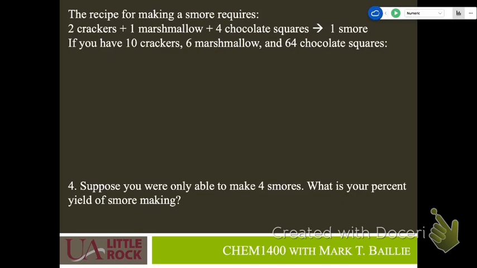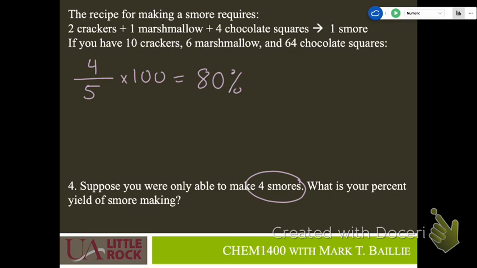Okay, so we figured out that our actual, we only made 4. Our theoretical, we could have made 5 in the best case scenario with the one that runs out first. And then what did you say after that? Okay, so this is an equation. How do we know if that's a reasonable number? How do we know if we memorized an equation and we flipped it or did something stupid? If you flipped it, then it would be over 100.